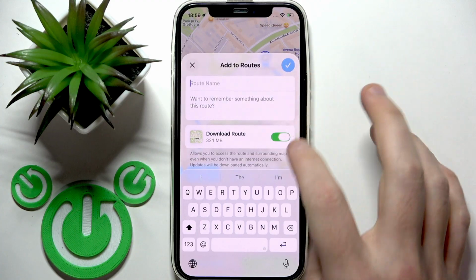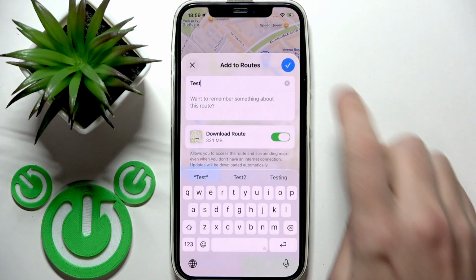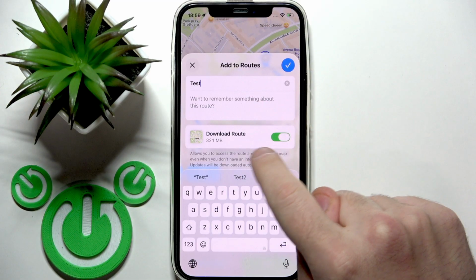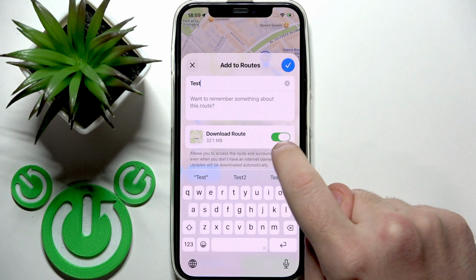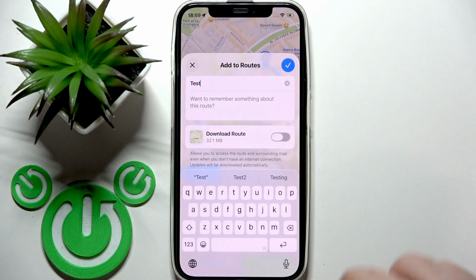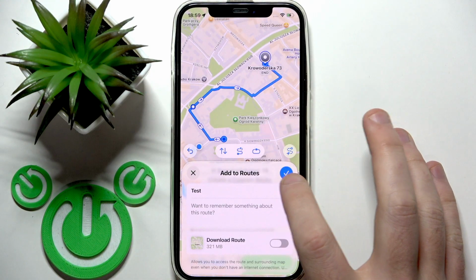Give it a name. You can write some description about it. Also, if you want to download this route, just do nothing. If you don't want it, just disable it. Then click on the check mark